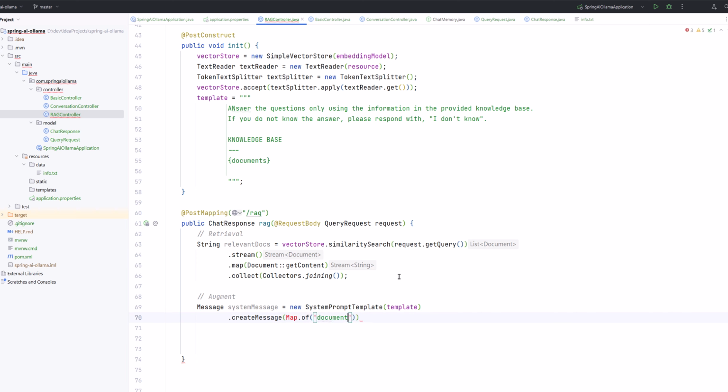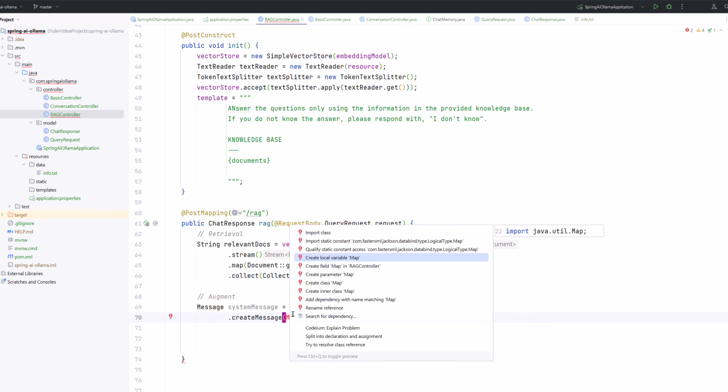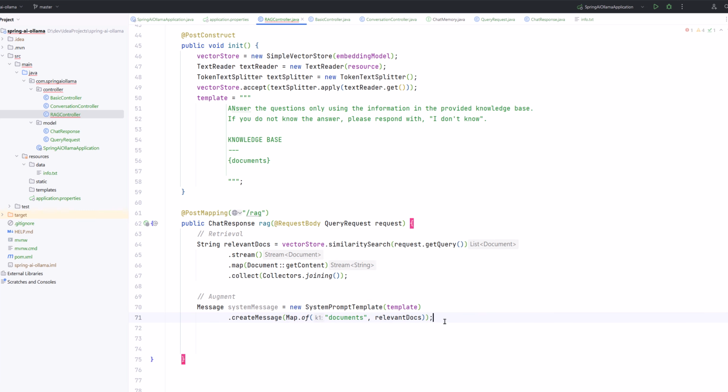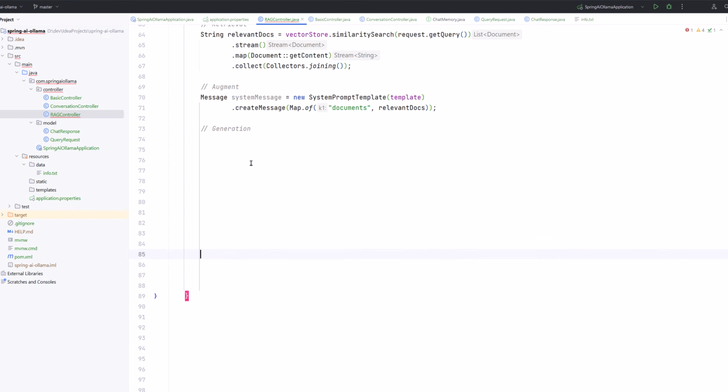And let's add documents. Remember, documents was the placeholder that we declared in our template. And what is it that we want to fill inside documents? Relevant docs that we just fetched from the VectorDB. So this will create the system prompt for me by adding the relevant docs inside the documents.